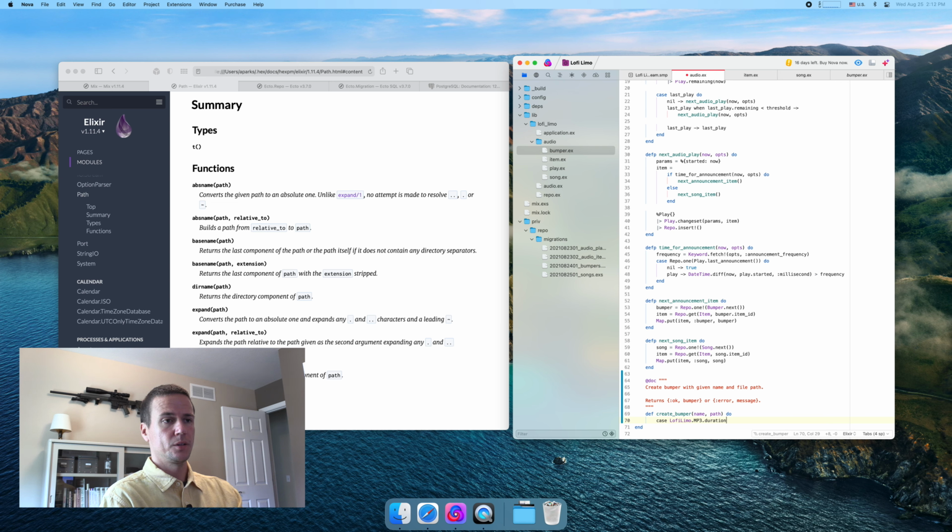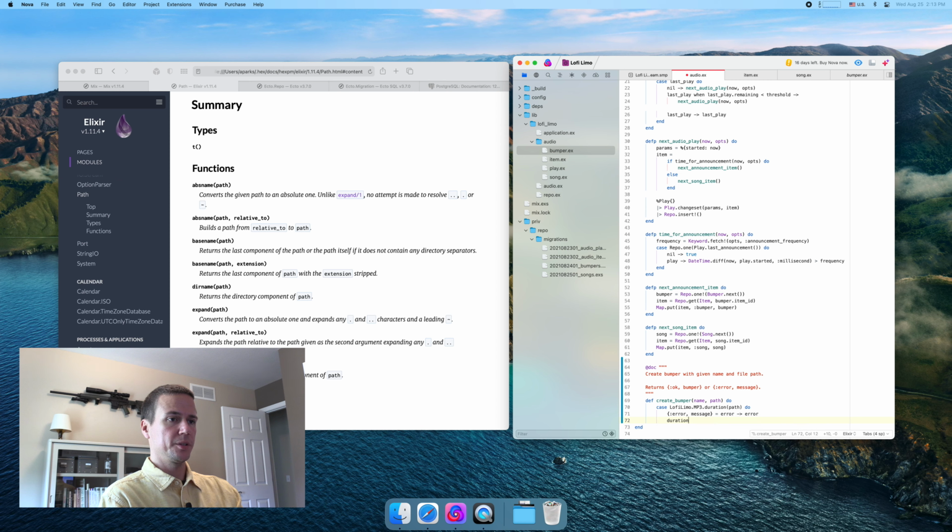And we'll pass the path to it. So if we get an error back, then we'll return, just pitch that right back out. Otherwise, if we get the duration,